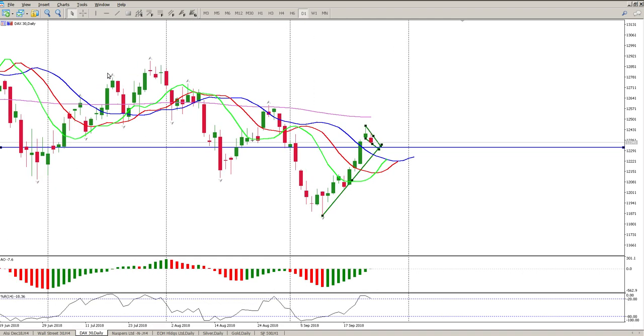You see here we broke above the alligator. We tested there, and we rallied away. And then we came back to test it a second time, well actually a third time, because there was a first break of the first part of the alligator. There's a break of the proper alligator and a second break. And that one failed, and then we fell off. Okay, so for now,